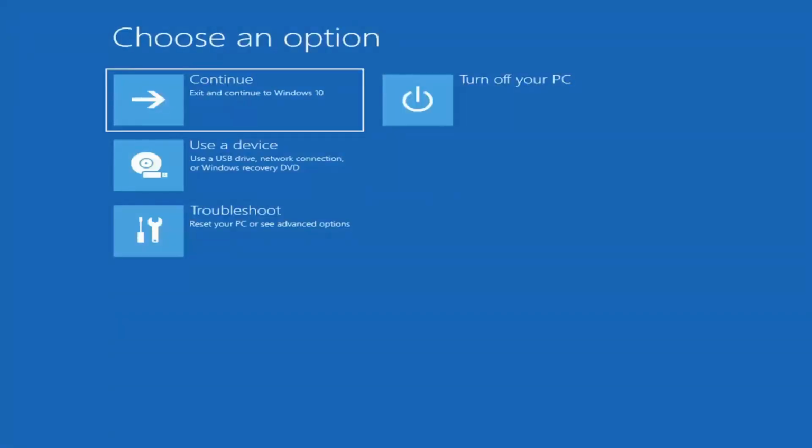K-mode exception not handled, kernel data in page error, a lot of errors pertain to this problem, and we're going to go ahead and jump into what should hopefully be a pretty straightforward process, guys. So first thing I'd recommend doing would be to actually go ahead and boot to the